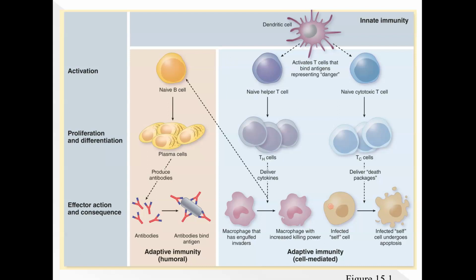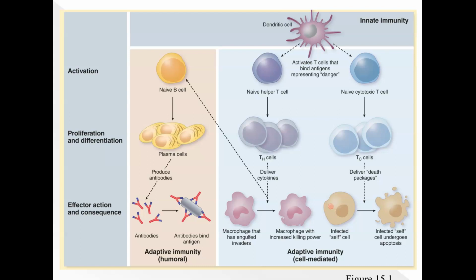I like this picture because it gives a nice overview of what is actually happening. If you can come back to this picture at the end of this lecture and understand what's happening, you should feel good about what you're doing with this chapter. So just to give a brief overview of what can happen here, remember that we have this bridge cell called the dendritic cell that, even though it belongs to the innate immune response, really has